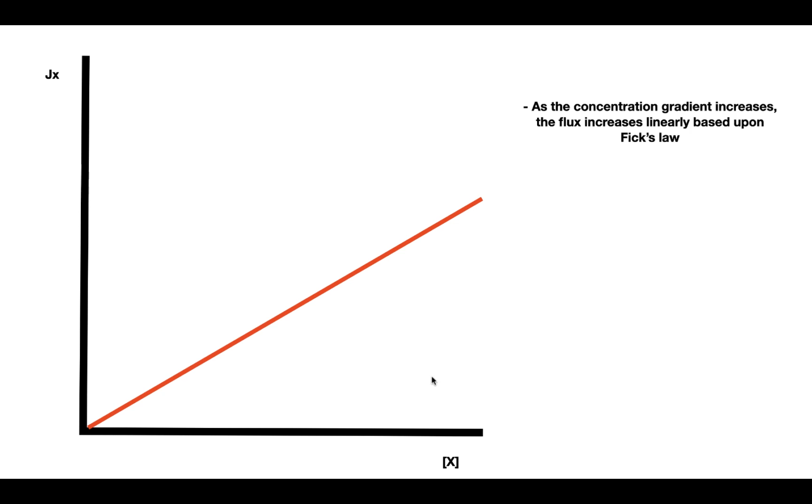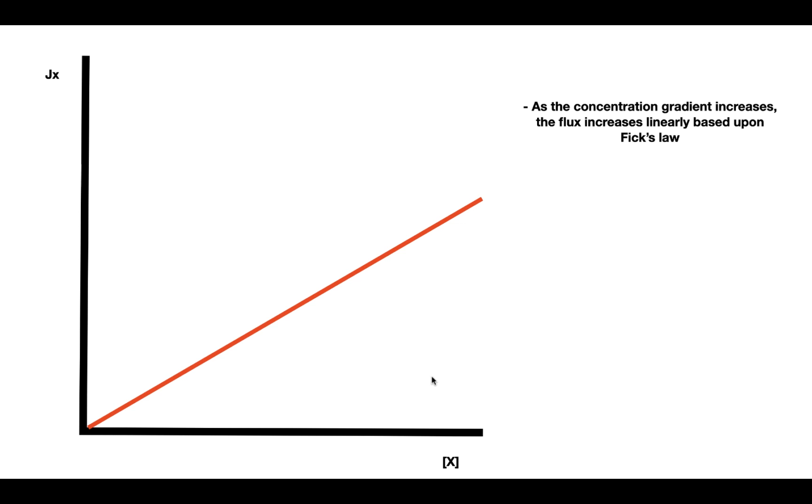If we were to graph the flux of X against the concentration of X for both a pore and a gated channel, what we would see is something like this. We notice that there is a linear relationship between the flux of X and the concentration of X. In other words, as the concentration gradient increases, the flux increases linearly